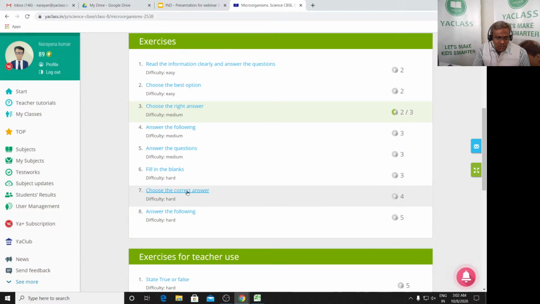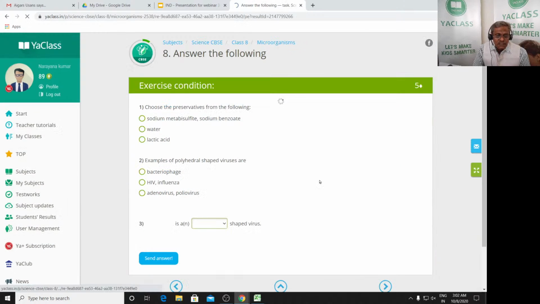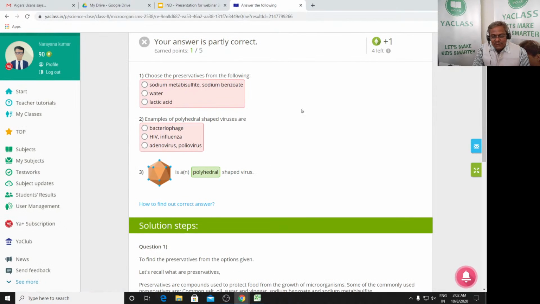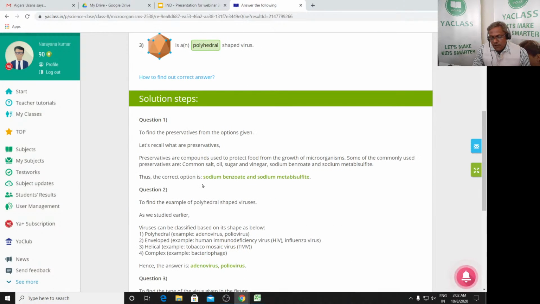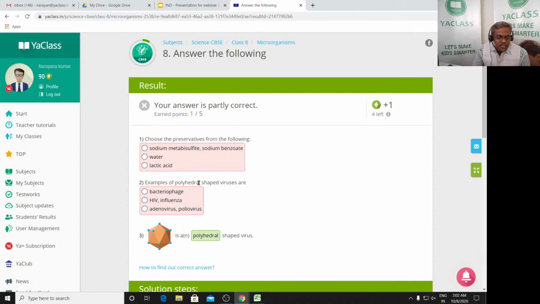There are difficult, hard questions also. For example, based on the shape of the virus, what type of virus it is. So difficult questions are also there. Solution steps are available. One important thing, solution steps are available